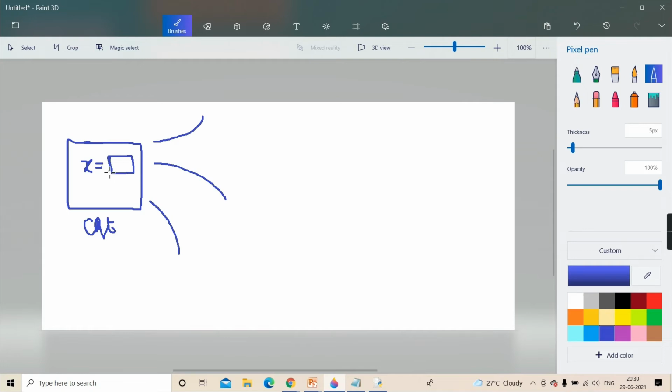Class data. So does class data exist prior to the object creation? Yes or no? Just tell me. I am saying that class data exists prior to the object creation, or exists irrespective of whether the object is created or not. Whether you create an object or you don't, who is sure to get memory? Class data. Correct? So this class data always gets memory at the time of code loading.